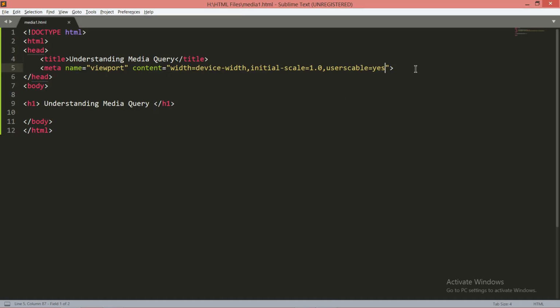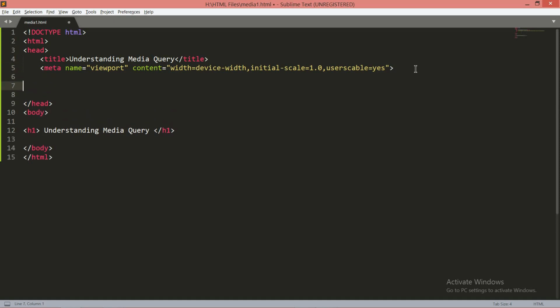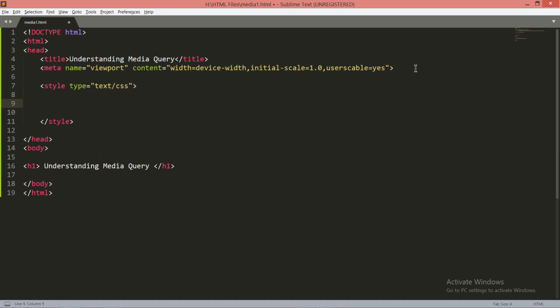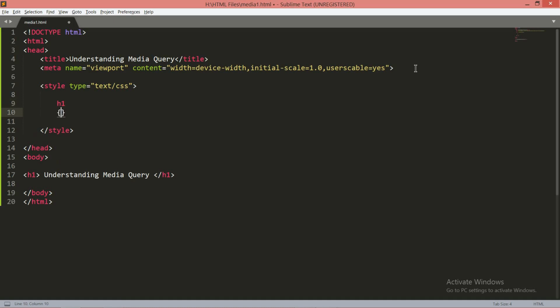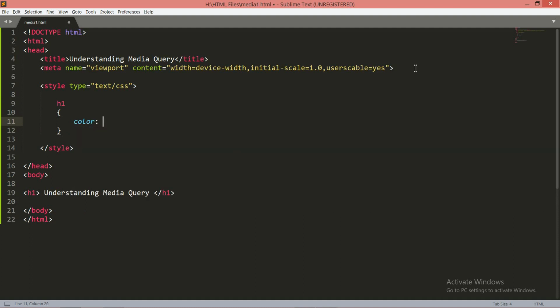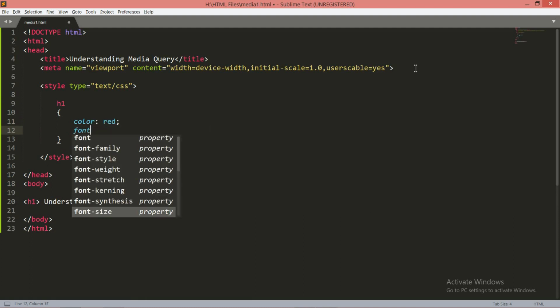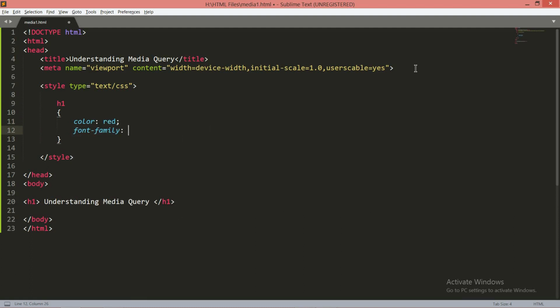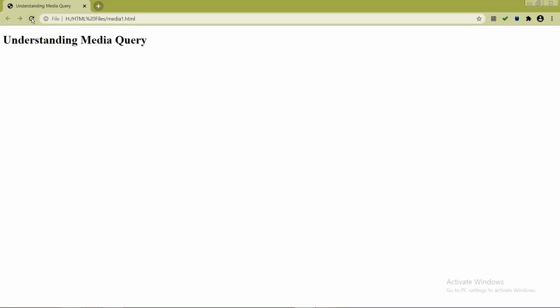Now you can see, before closing the head tag, just use a style tag. And you all know what the use of the style tag is. Style is an indication that we are going to use internal CSS. Now within the internal CSS, I put some properties of the h1 tag. Let the color be red, and let the font family be Comic Sans MS. These two properties I want to set. Just save it and see that preview.